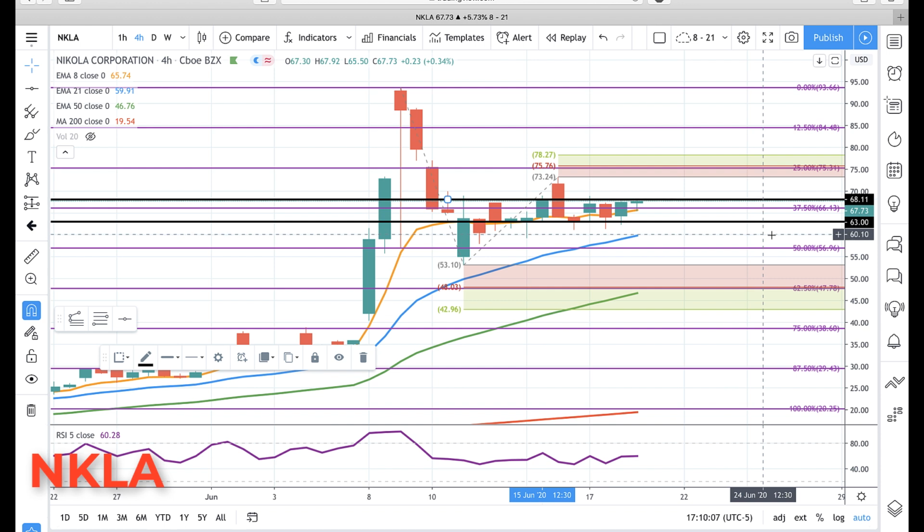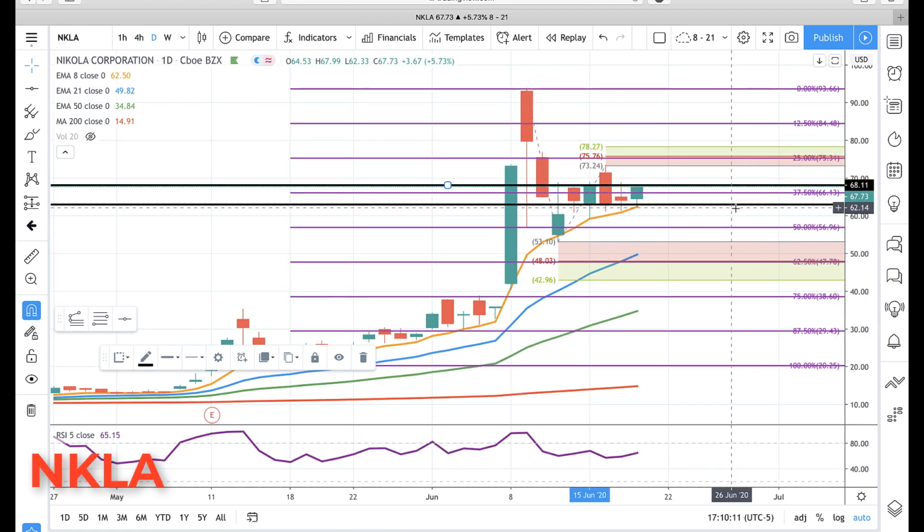And then below 60, I'm going to jump out to the daily chart. So you see that 63 level right where the daily rotation zone is. So if we start breaking into that, get below 60, then 57, and below 57, if we had a bigger sell-off, looking for about 53, which is that last swing low, 53.10 to be exact. Bottom of the rotation zone on the daily coming in at 50, so that's the major support area on the